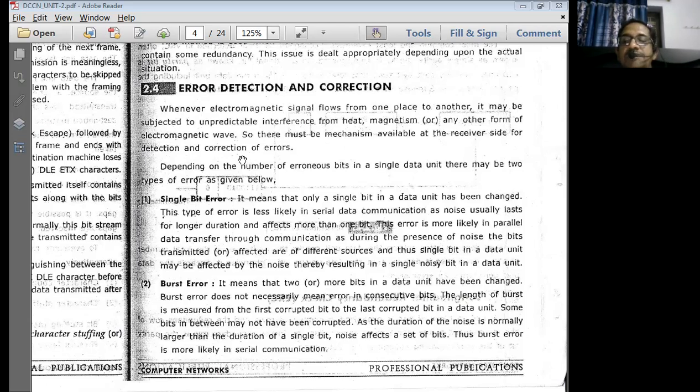While the data is being transmitted through radio waves, the waves are normally going to get interfered with by so many dust particles, so much heat in the atmosphere, magnetic materials in the atmosphere, and so on, and the data bits are going to get corrupted. So there must be some mechanism available at the receiver side for detection and correction of these errors.